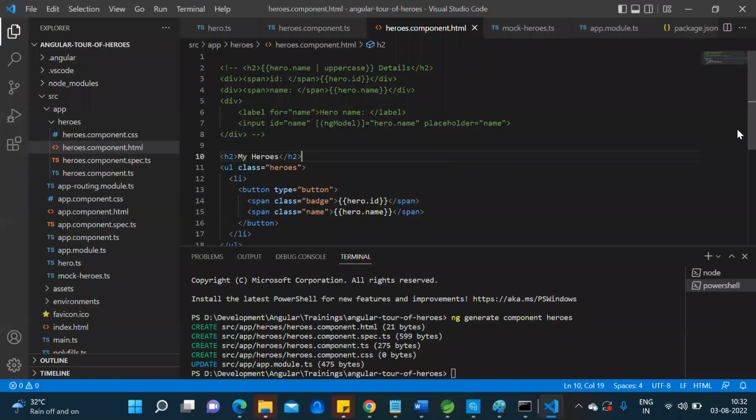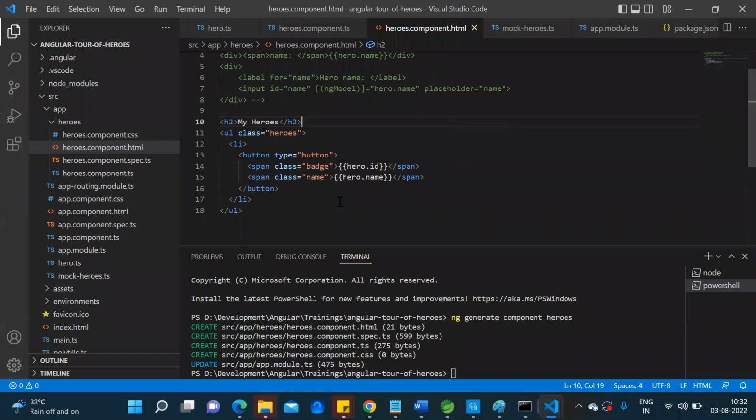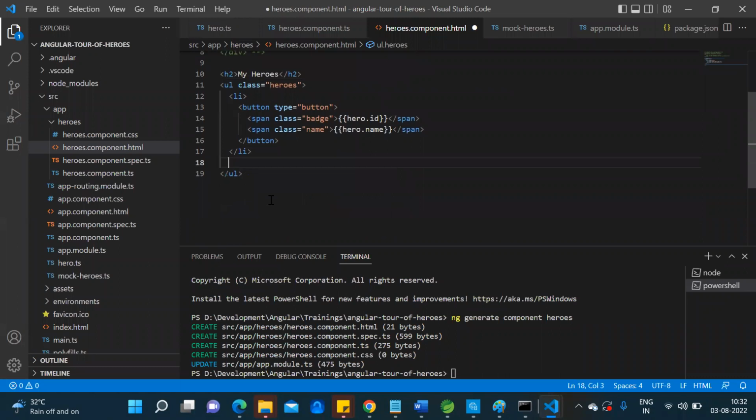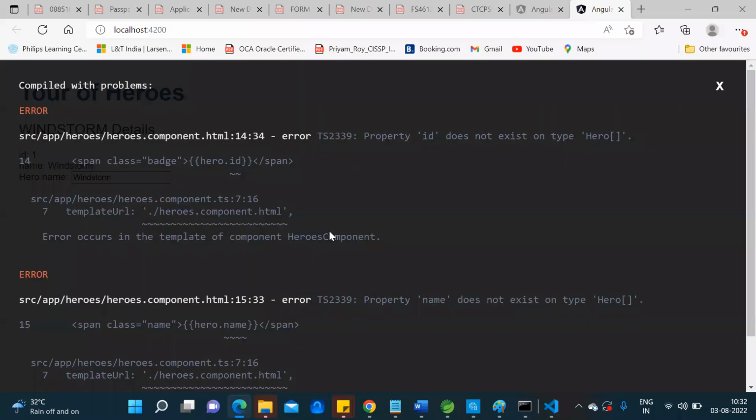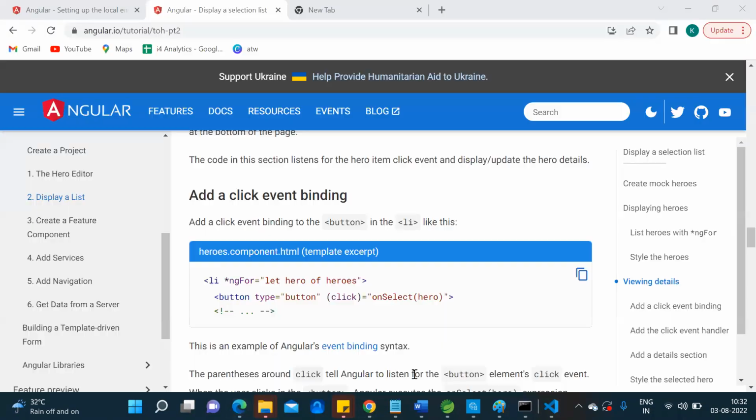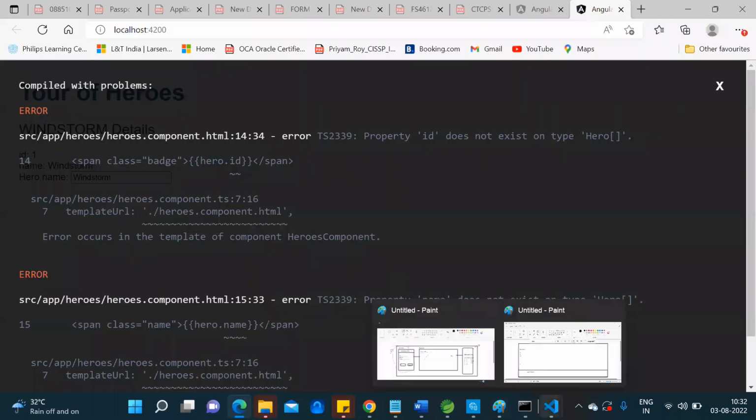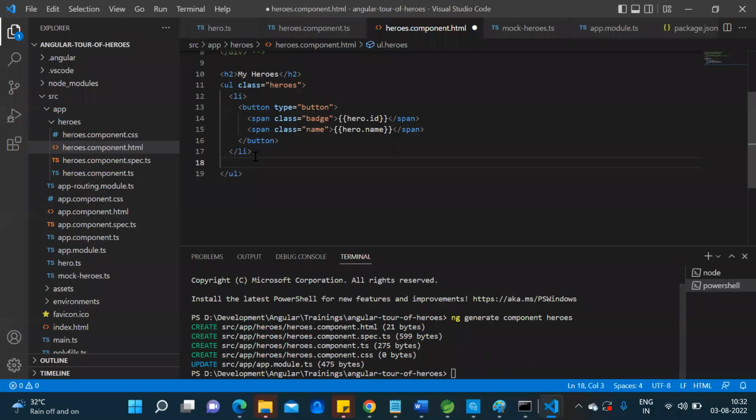Okay. And then, this is what we are trying to do here. Even if I don't want this one, let me